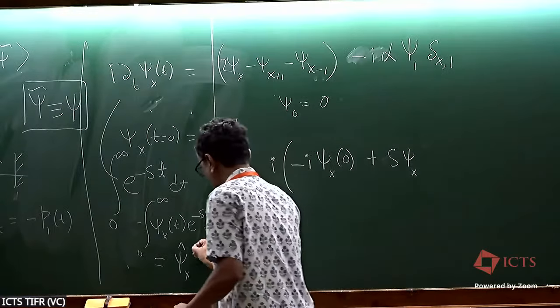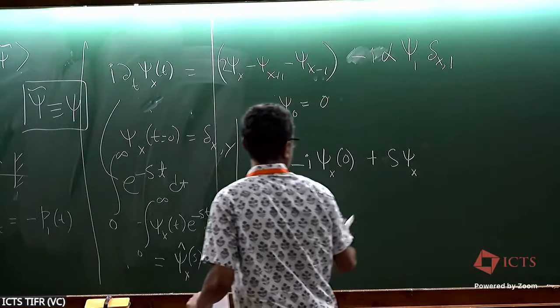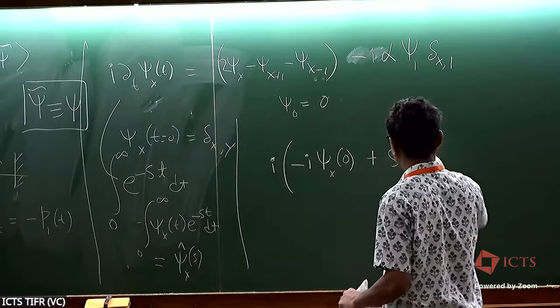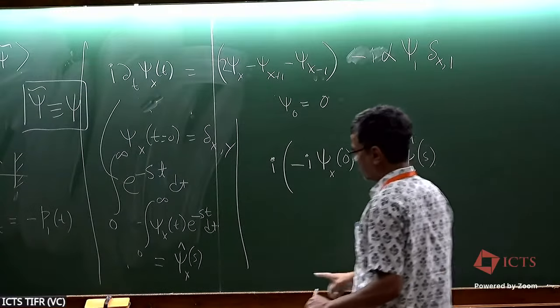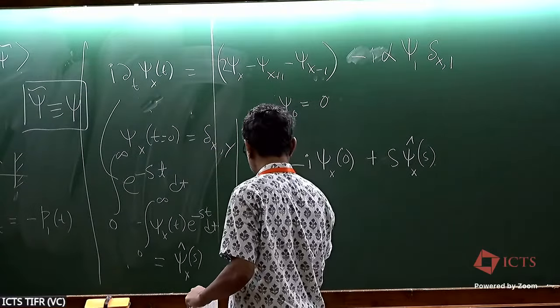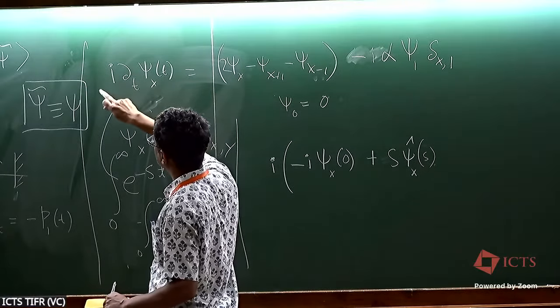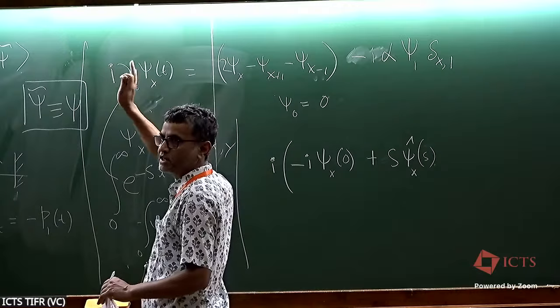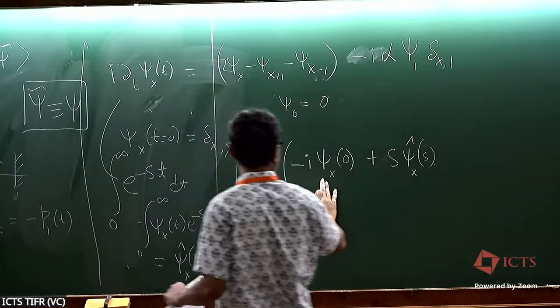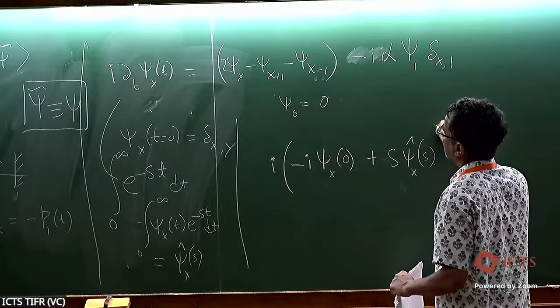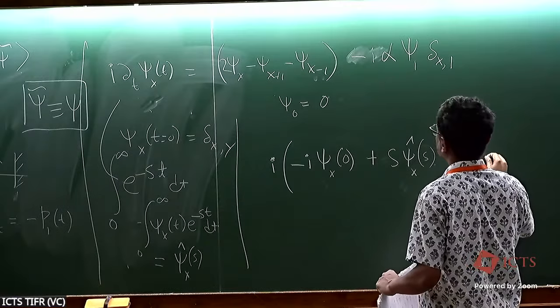And this is now a function of s. So this will be hat at s. Basically I'm multiplying by e to the minus st, and then I have to take the time derivative. I can do an integration by parts, so that's why I'll get these two parts, right? Okay, so then the right hand side is just